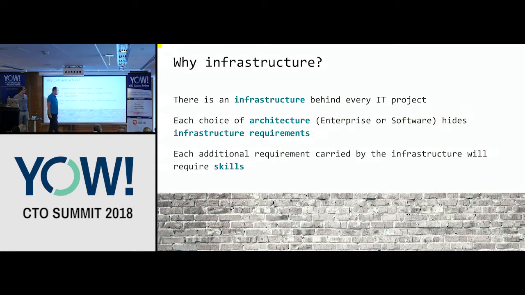So why do we want to talk about infrastructure? Because infrastructure is everywhere. If you read the dictionary, it will be something like a base, a foundation that will allow you to build a kind of structure around that. If we are talking about IT, the structure will be projects, and you can't run any project if you don't have CPU, RAM, network, and this kind of stuff.